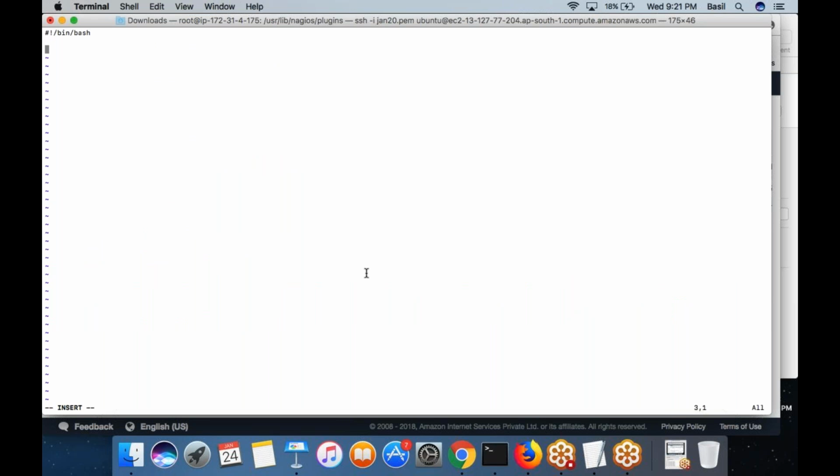Okay. So what is the first thing I want to do? I want to get the process name. Process name is equal to $1. The first positional parameter that you are passing would become the process name. Then you run the command pgrep process name. Send it to /dev/null.